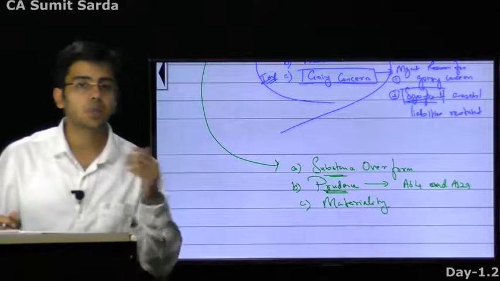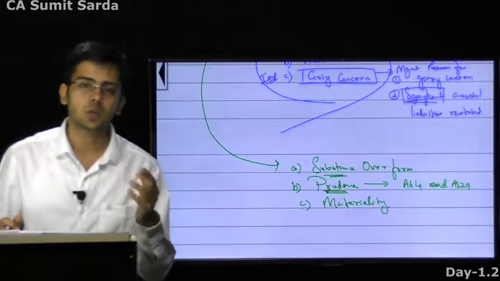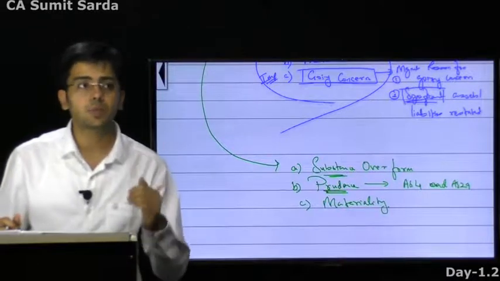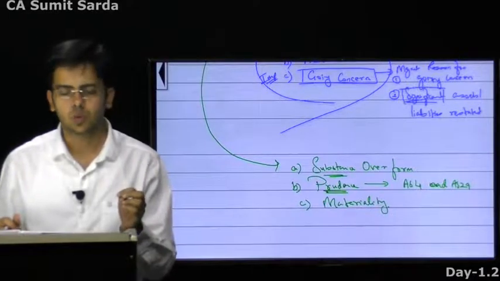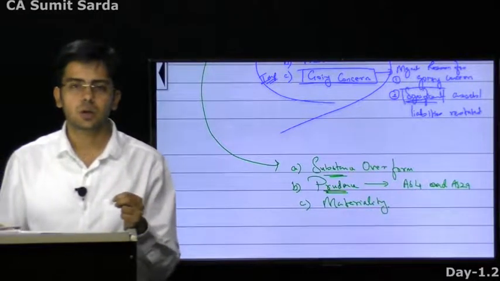If there are anticipated losses, not actual losses, anticipated losses, we recognize them immediately. But if there are anticipated gains, we don't recognize them immediately. This is the concept of prudence. Sir, what do you mean by anticipated and actual? See, my friend,